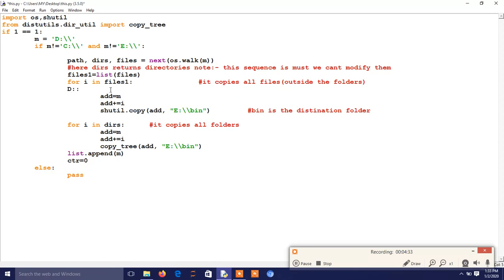D and abc.txt, like this one. So I use this line address plus equal to i. Now what I did, I simply copy the data from this location address to the folder bin